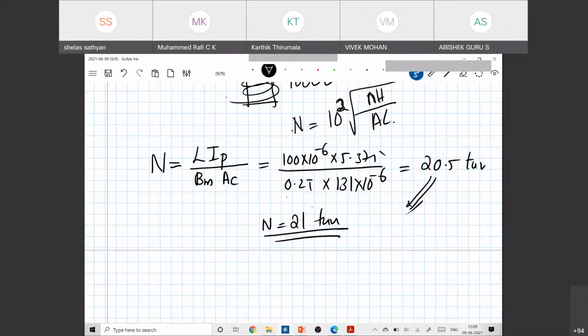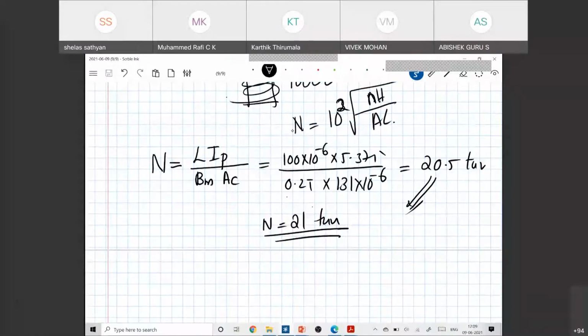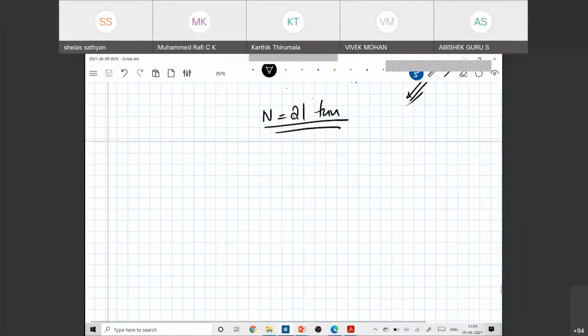So now we have got the core. Once you have the core, purchase the bobbin for the suitable core, or you can make the bobbin using some cardboard also. Now wind 21 turns. Now the question is, what should be the diameter of the wire I should take? So prior to that, we should find out what the air gap required should be.